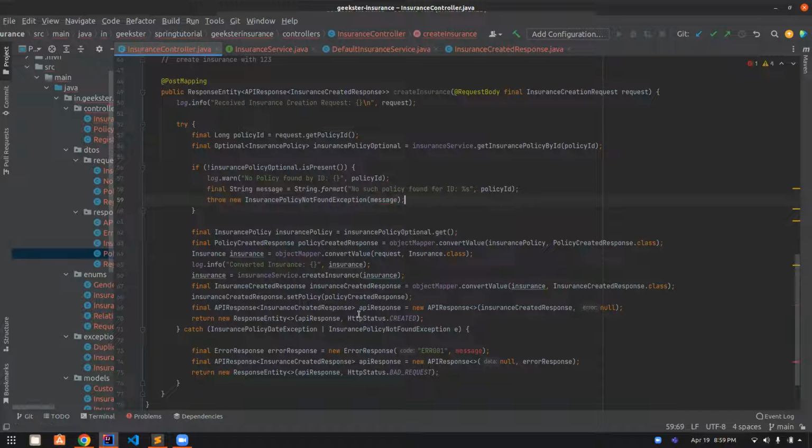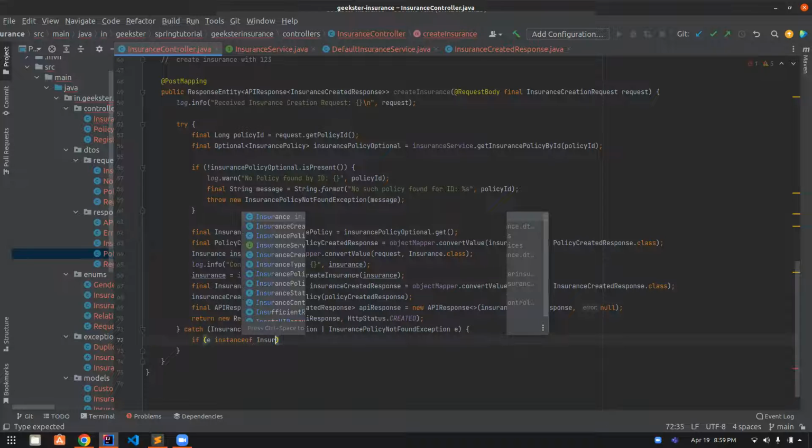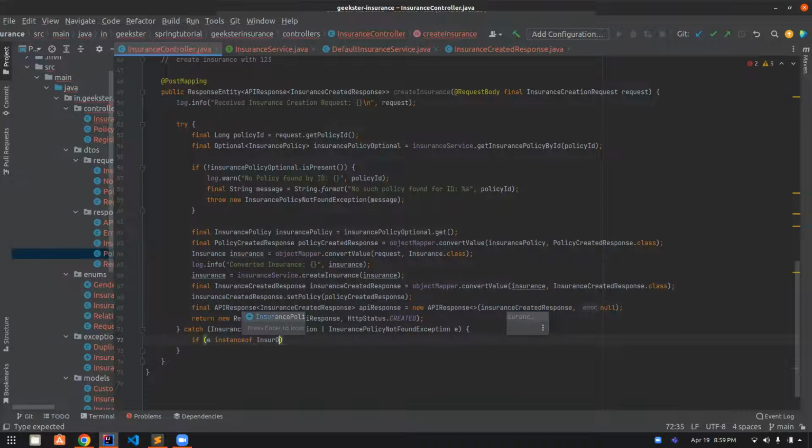Okay. Which means this exception thrown at this point will come to this. Exception thrown from inside the service will also be caught here. Okay. Now at this place, I have to basically decide what type of error it is. Is it the date exception or is it the policy exception? So for that, what you can do is, if e is an instance of InsurancePolicyDateException, you know that the date given is wrong. So you will say,